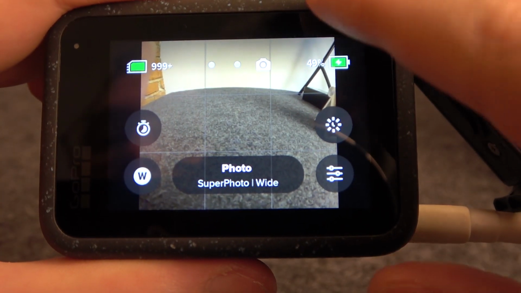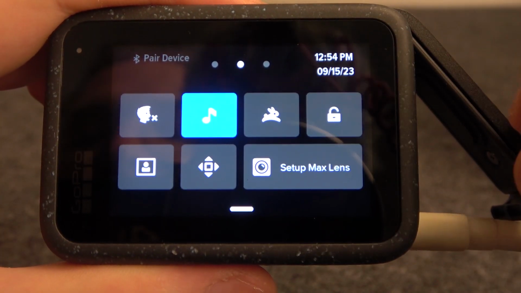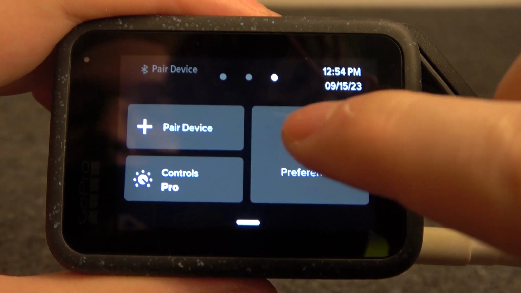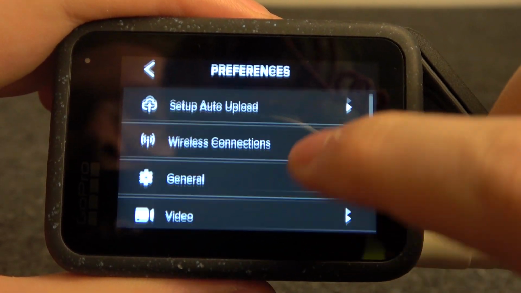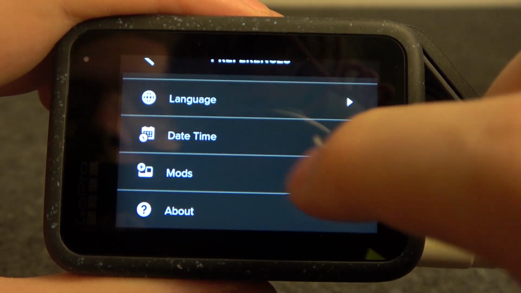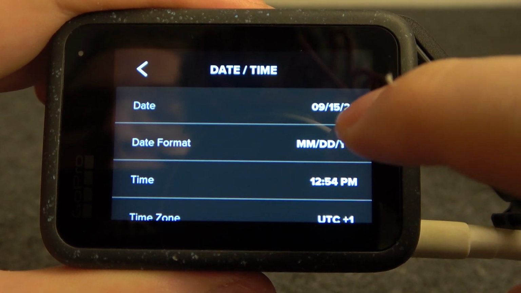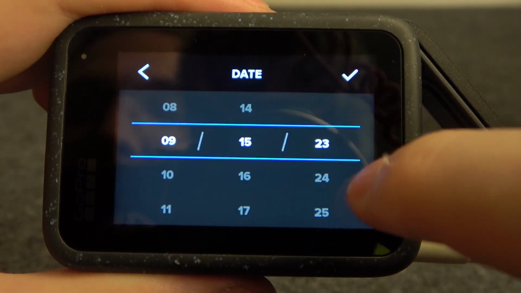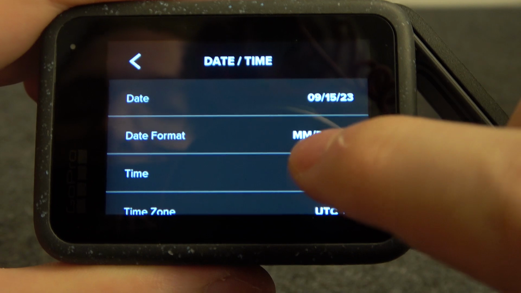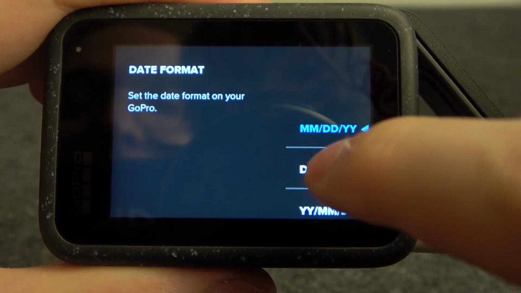To do this, we'll need to swipe our finger down from top of the screen, move to the next page and enter Preferences. Right here, scroll down again and find date and time. Right here you'll be able to change date by clicking on it. There's also option to pick date format,